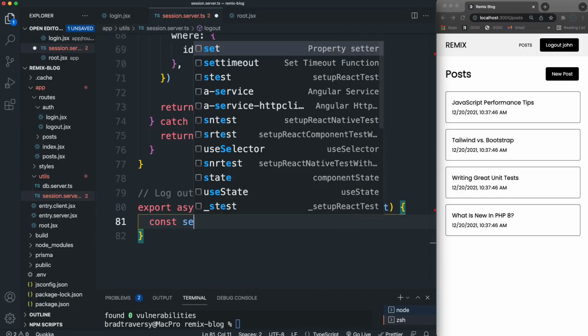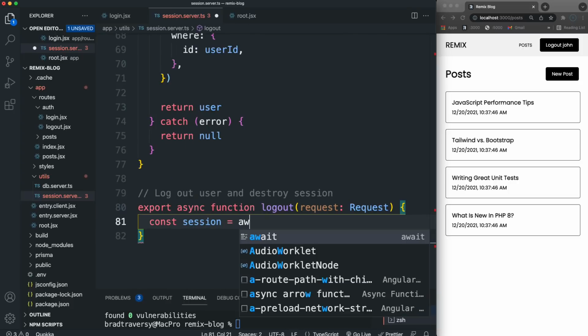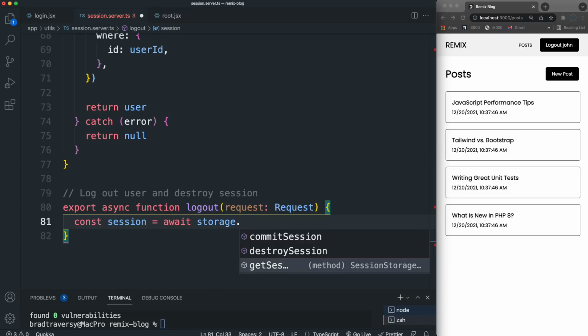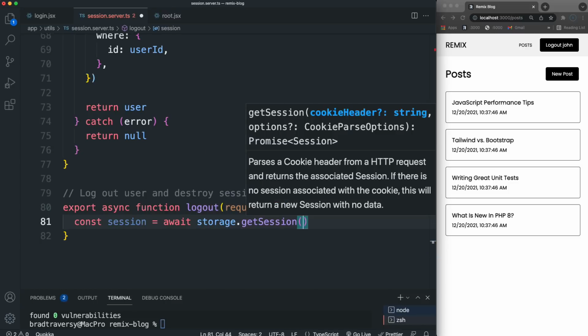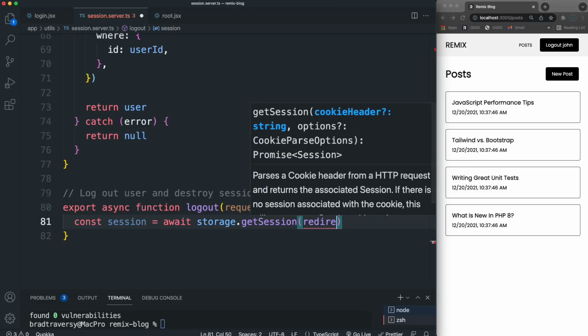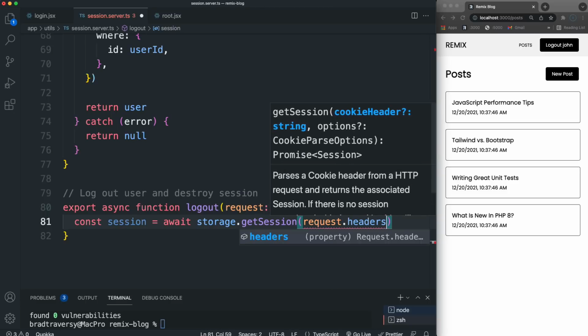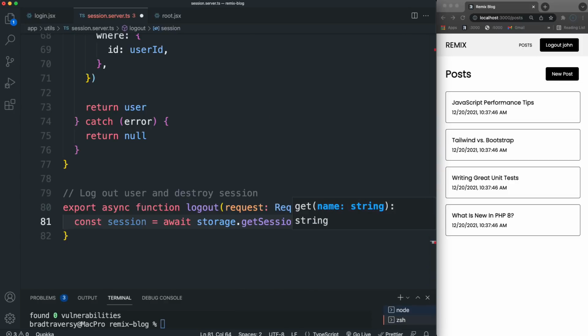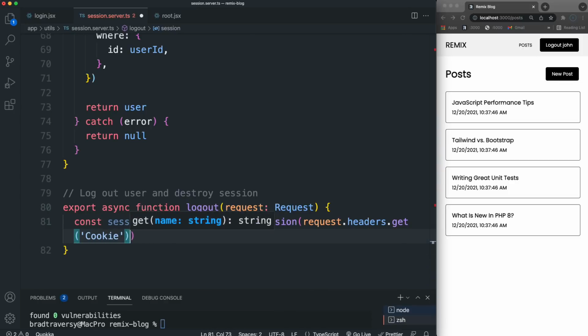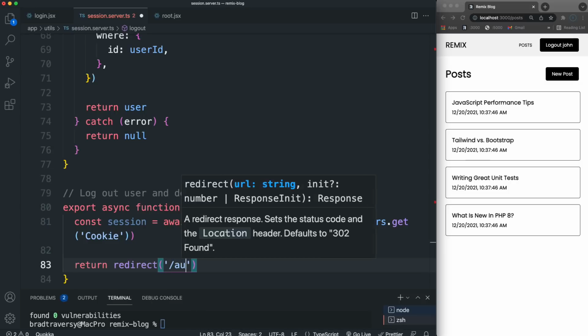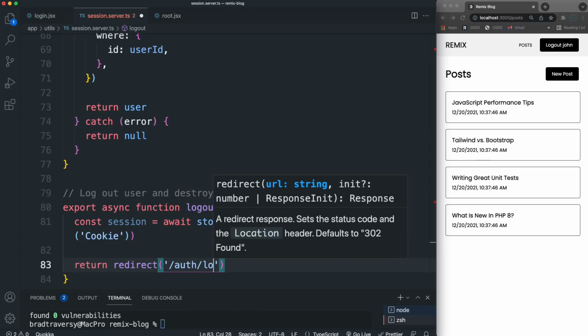and we'll say const session, because we need to get our session. We do that with await, and then storage.getSession. Again, we pass in request.headers.get and then cookie. Okay, so that will get the session. Then let's return redirect, and we're going to redirect to /auth/logout,